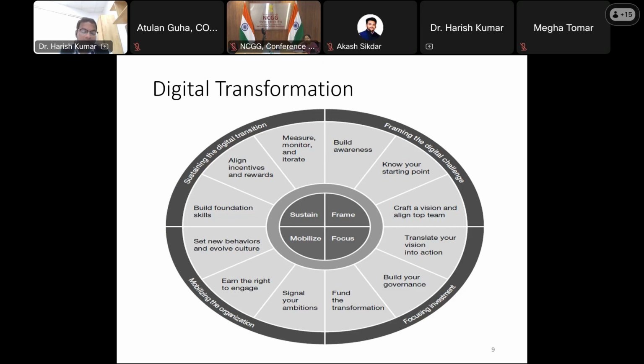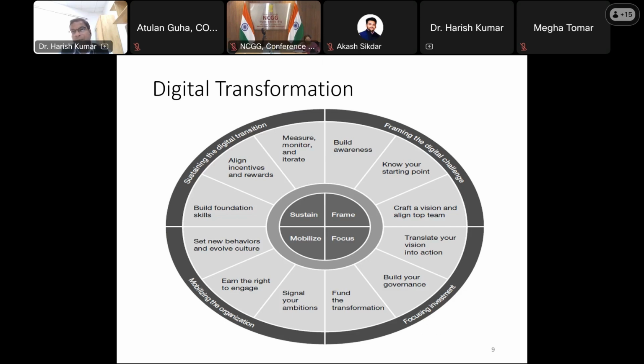And finally, sustain. That means if we are doing something today, we need to sustain it for tomorrow as well. If you are talking about 2030 or 2035 or 2047, we need to sustain the projects or practices for a longer period while upgrading also. That means it is a completely iterative process. We need to give training to our employees and develop the digital platforms.